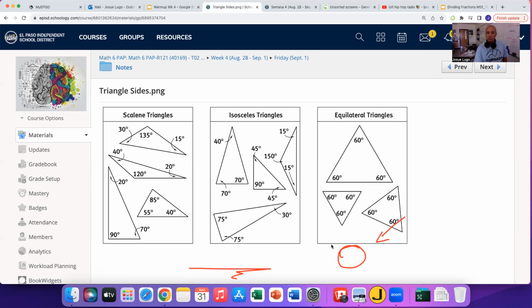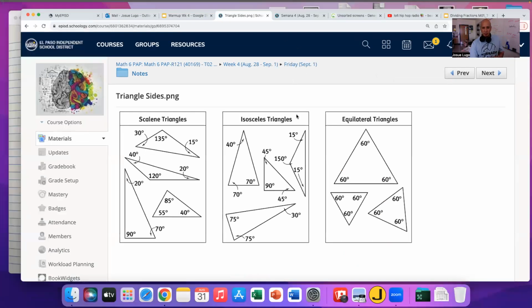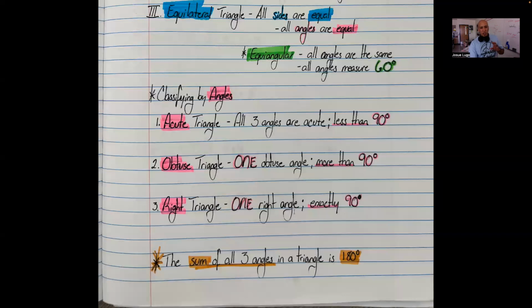So it doesn't matter which triangle you take. Equilateral triangle, 60 plus 60 plus 60, again, that is 180. It does not matter, ladies and gentlemen. It will always measure 180. And we will cover that in more detail next time. Finally, ladies and gentlemen,